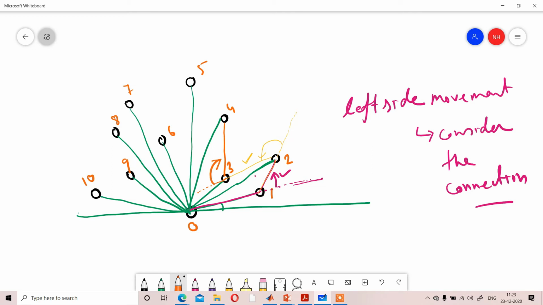If it is right side, then the previous connection is not okay. Means as the movement is to the right side, the previous connection between 2 and 3 will not be considered. And then this will be considered. The final pixels and the previous pixel. This will be considered. Clear?